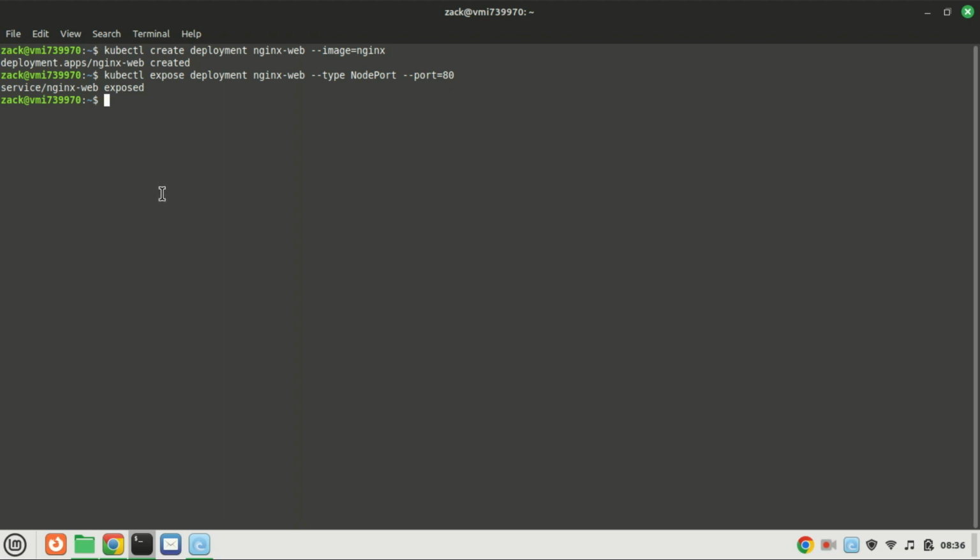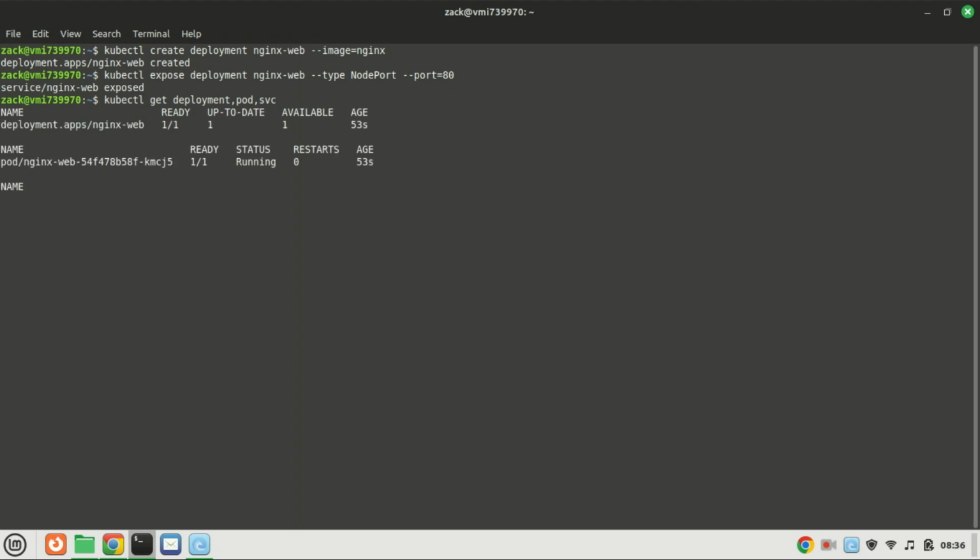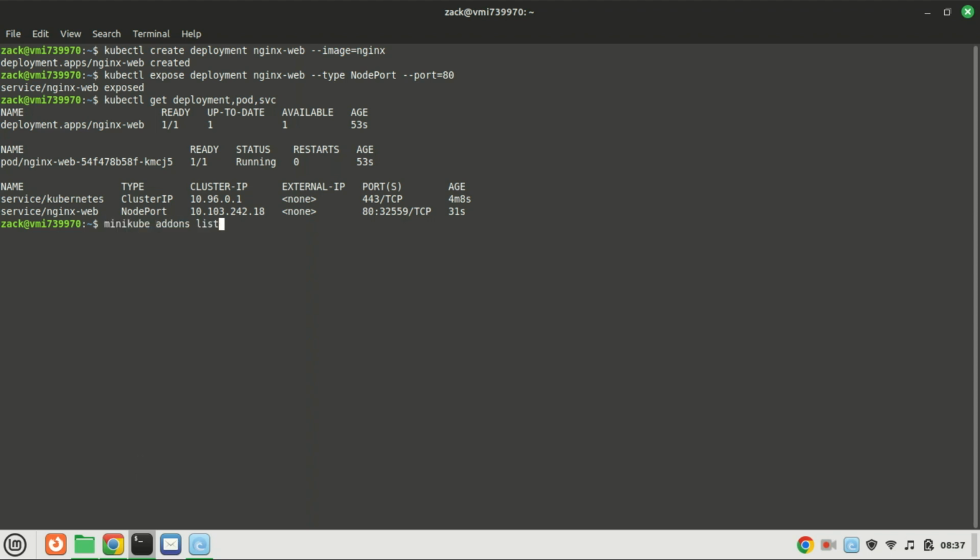on the specified port. When you run this command, Kubernetes will list all deployments, pods, and services currently running in the cluster, along with their respective details such as name, status, age, and other metadata. This command is helpful for quickly checking the status and details of important resources in your Kubernetes cluster during development, troubleshooting, or monitoring activities. When you run this command, Minikube will display a list of all available add-ons along with